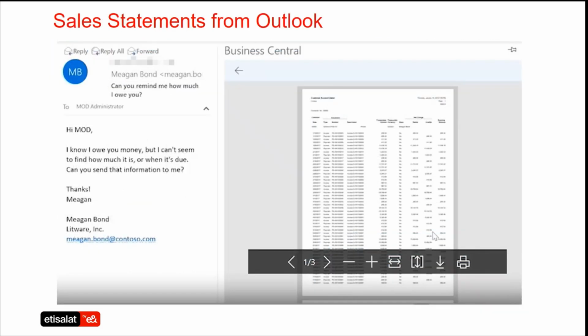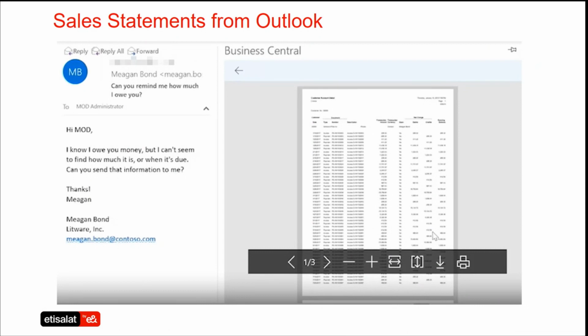Moving forward, the next important and very cool feature of the Outlook integration is the sales statement or your financial statements. Today, when a customer comes back to us and asks about their sales statement, or your manager asks about your sales statement, or your customer asks about your financial statement, you struggle to get that financial statement to give to them.